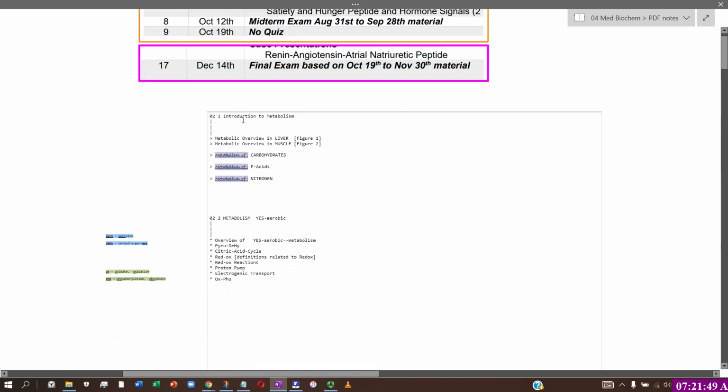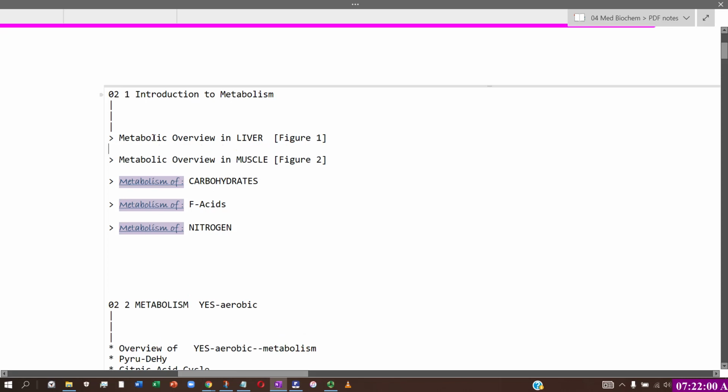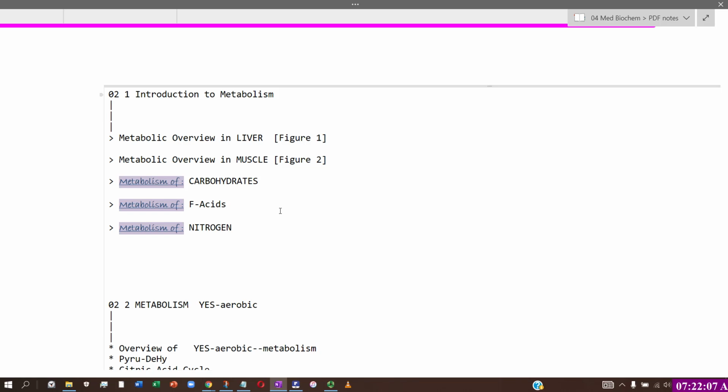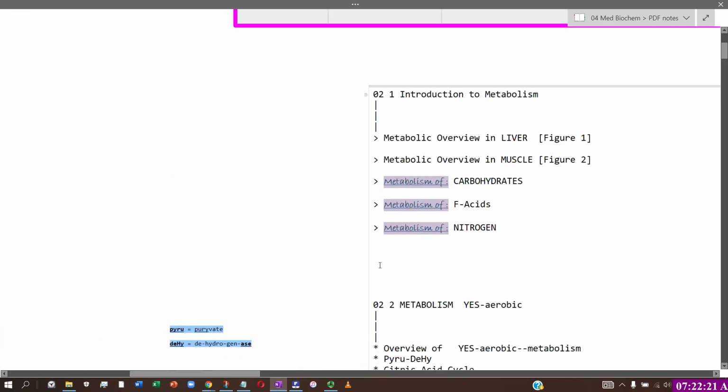the list. So from the top, PDF file number one is from session 2 and it's called Introduction to Metabolism. One of the topics, the first subtopic, is metabolic overview in the liver, and then metabolic overview in muscles. And we have 3 types of metabolism: metabolism of carbohydrates, metabolism of F acids, and over here to the right,